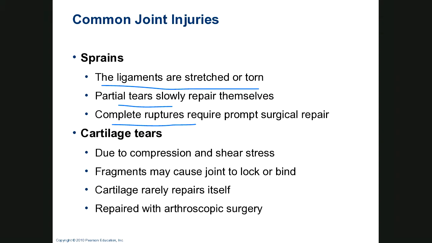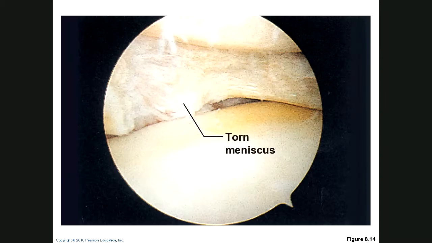Cartilage tears may be due to compression, stress. Now, a thing that happens is, say, a meniscus tears. Fragments may break loose and lock the joint down. Cartilage is not going to repair itself, and you're going to have to do surgery, hopefully arthroscopic surgery. And this is an arthroscopic view of a knee with a torn meniscus, which we had normal to compare